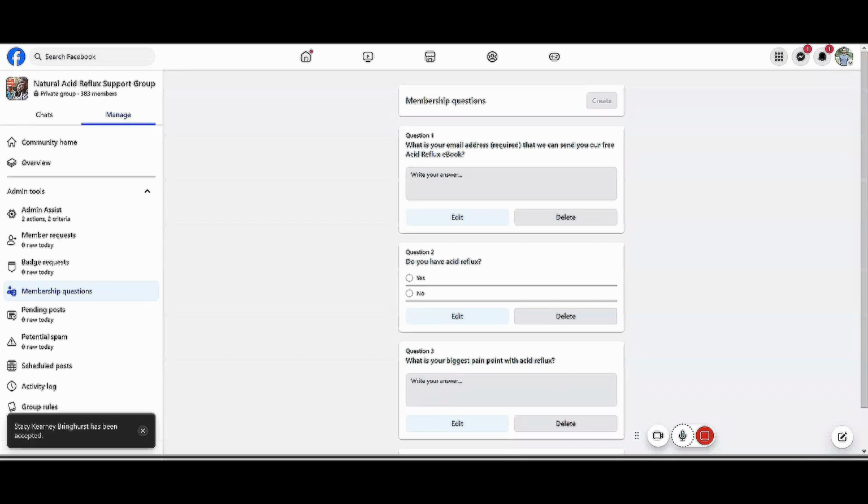So get this going right away. This is how you set up your first raving fans, and getting 100 people in this group does not take time. You can see right here, we're at 383 members, and it hasn't taken us that long to get there. And if you put more money into this at the beginning, like I said, and I will go into this in a later video, we'll start out with small $5, $10 a day bets, and then you can go bigger once you start seeing it's paying off. All right, let's jump into the next video where I'm going to show you how to set this up and connect it to your email inside Klaviyo.